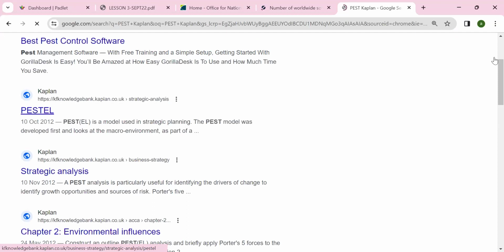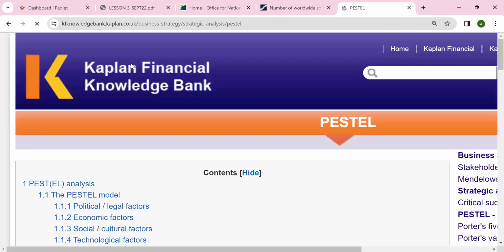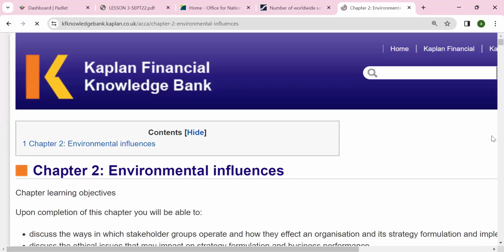Any questions? If you see the past papers and the facts being discussed, you can do a bit of extra work here, and background reading on environmental influence. These are quite good and you can look at a lot of examples, and we'll go through the factors in the next lesson as well.